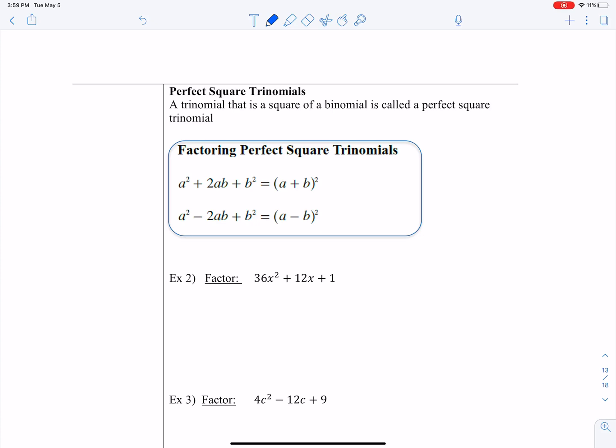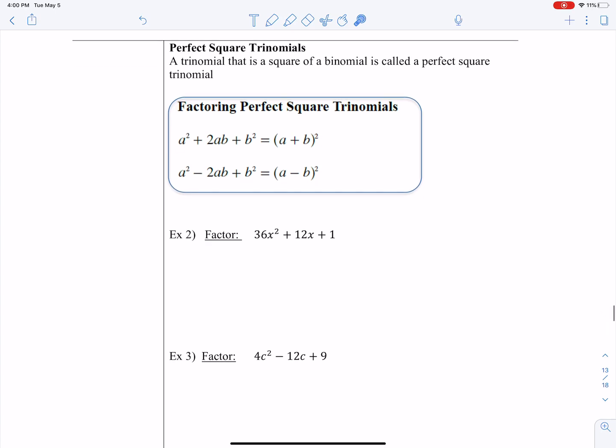This is 2.6, part 2. So for this last section of factoring, we're looking at perfect square trinomials now. In this case, we have a squared, 2ab, b squared. So you end up with this perfect case. For these ones,